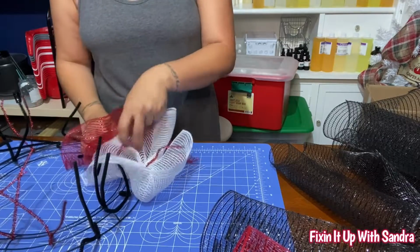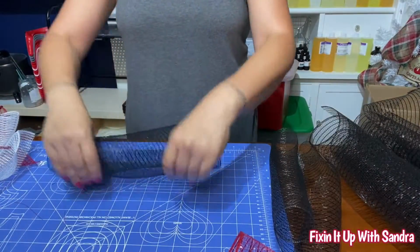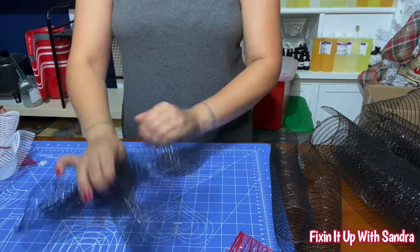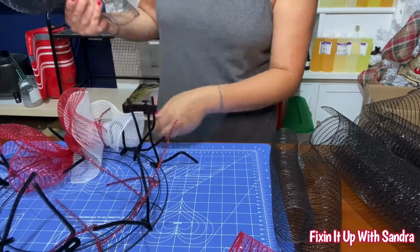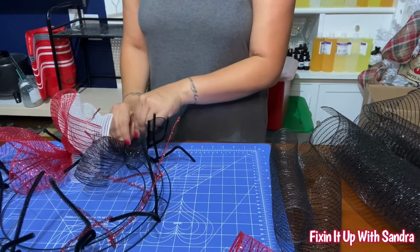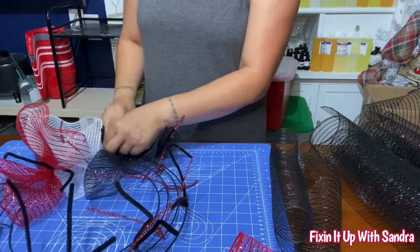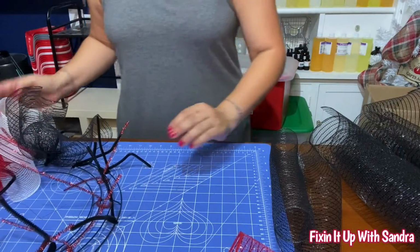I like to adjust as I go along, just so there's not so much that I have to do once I'm done. And this goes by pretty fast doing this. And we're going to add, like I said, some ornaments right here. I really love the black, white, and red for Christmas. It's super cute. It's so universal, and it's better than the typical